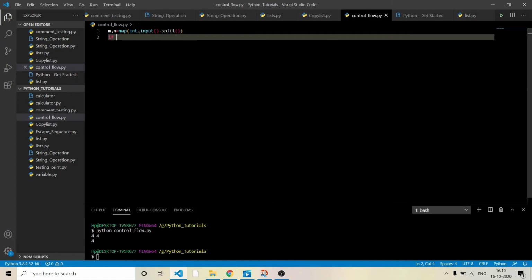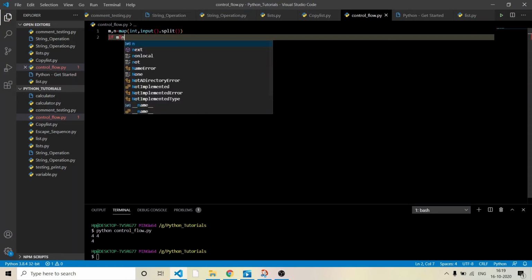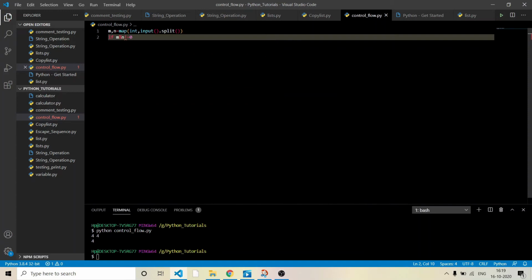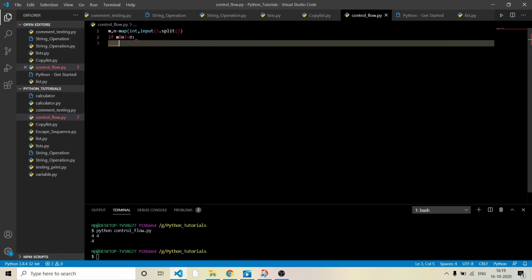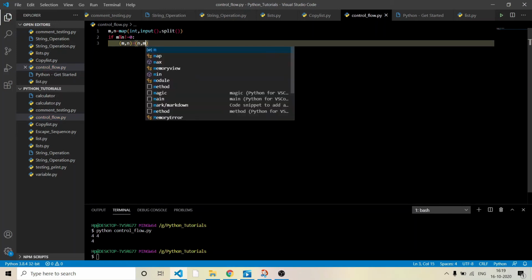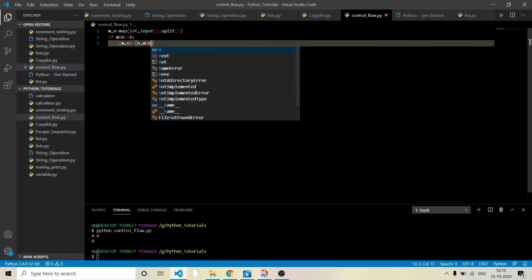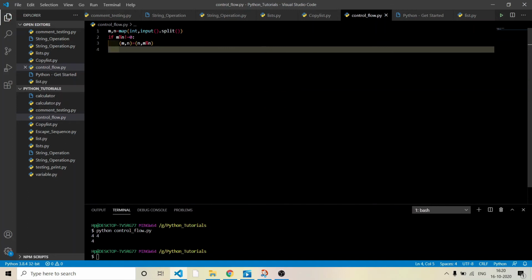Now let's switch to our condition. Our condition is m percentage n should not be equal to 0. Now here our logic will come, that is m comma n equals to n comma m percentage n. The same example, the same program which we have seen in the previous video. I am just showing that program again with the help of if else conditional statements. Okay, now here we'll print